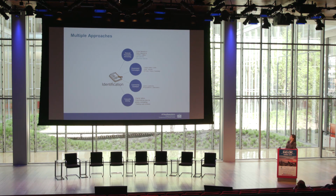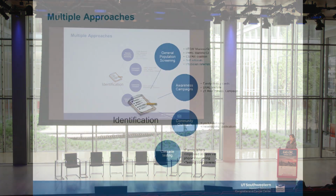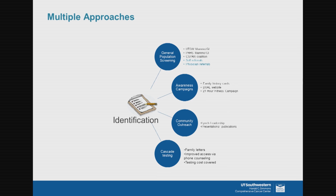The goal of all of this boils down to cancer prevention. So coming back to the identification piece of this, what we've tried to do largely is engage in general population screening. And so we have implemented family history questions into the EMR at UT Southwestern, as well as the community hospital, Parkland Hospital. And we've also partnered with another CPRIT-funded program called C-SPAN, which provides fit kits to 23 counties